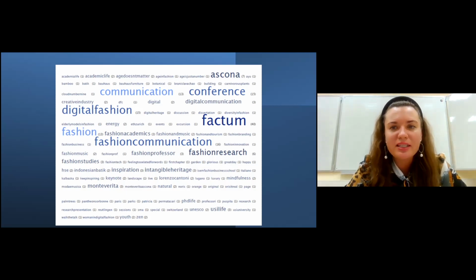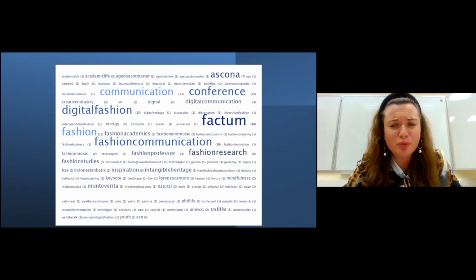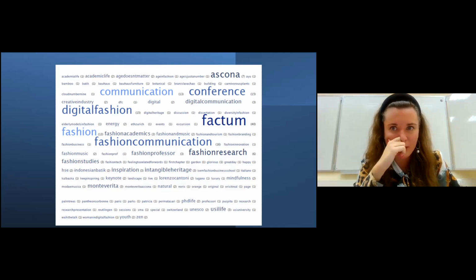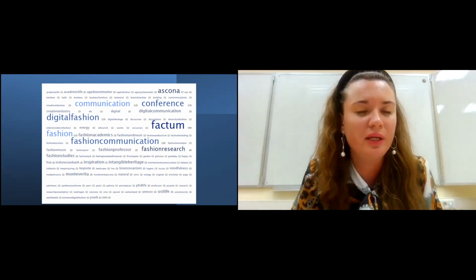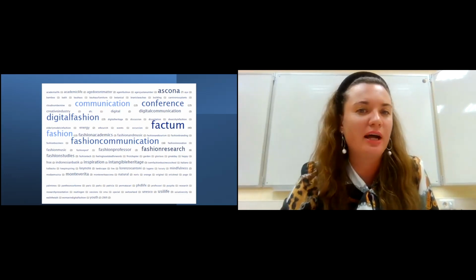So we can see that Factum, fashion communication, fashion research, communication conference, digital communication. So USI Life, USI is the university, Università della Svizzera Italiana. So we can invent HSE Life. Yeah? Then we can see brand naming like Lorenzo Cantoni, any other names. Places as corner, mostly photos, so with some workshop, with people there. The materials you can find if you type on Google Factum 19.